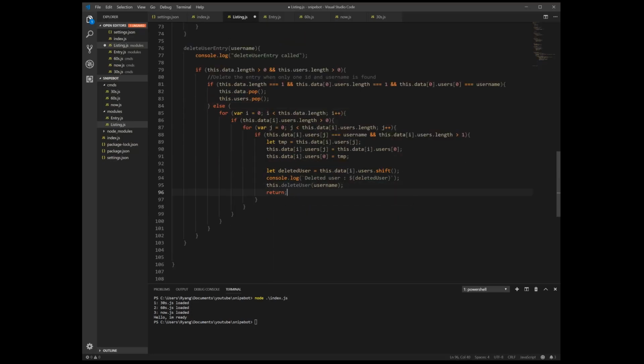Now we have to delete if we only have one user inside the one ID, but we have multiple different IDs, so we can't just delete it like we did earlier.